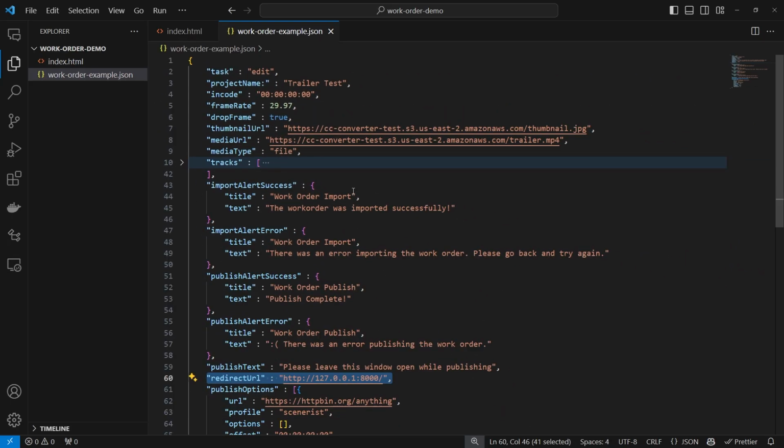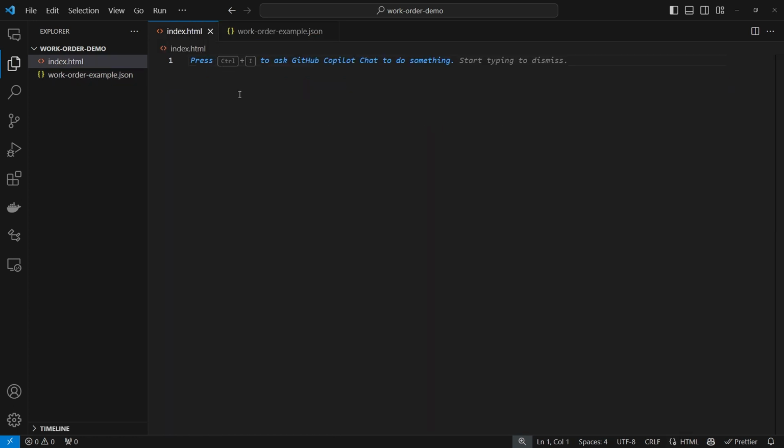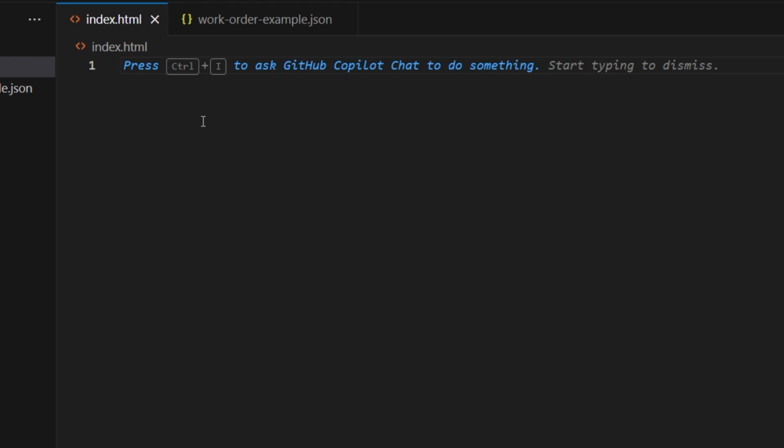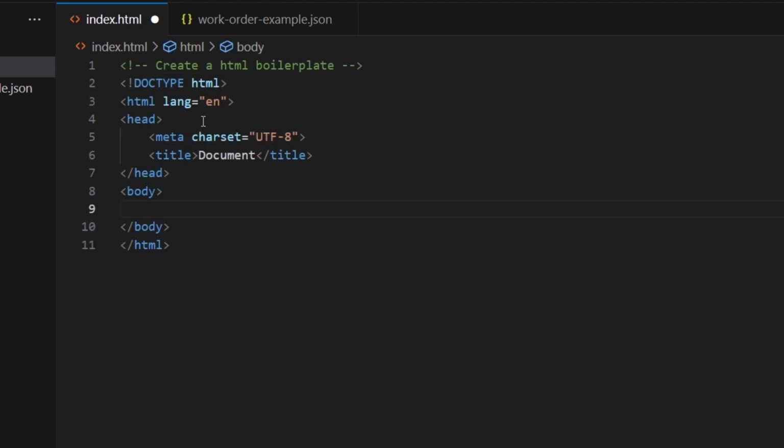Now that we've gone through each option inside the work order description, we're going to build a quick web page that uses the work order description to open up a project inside Closed Caption Creator. So what I'll do is I'll just use Copilot here and tell it to create an HTML boilerplate. Perfect. And then inside the body tab,